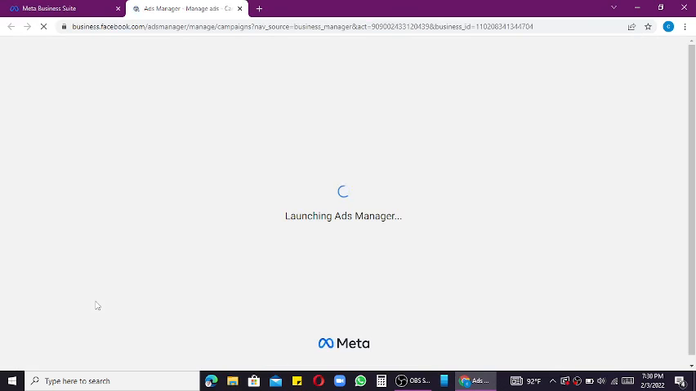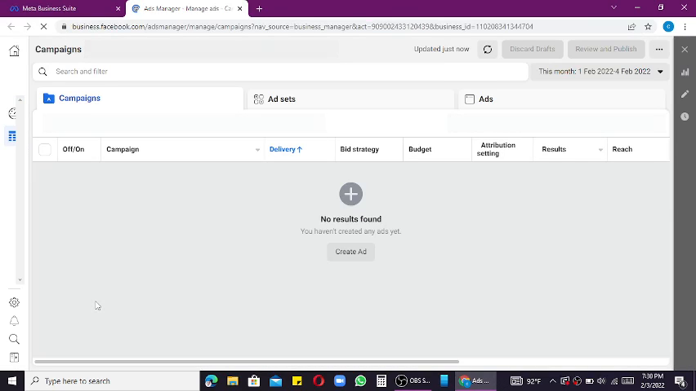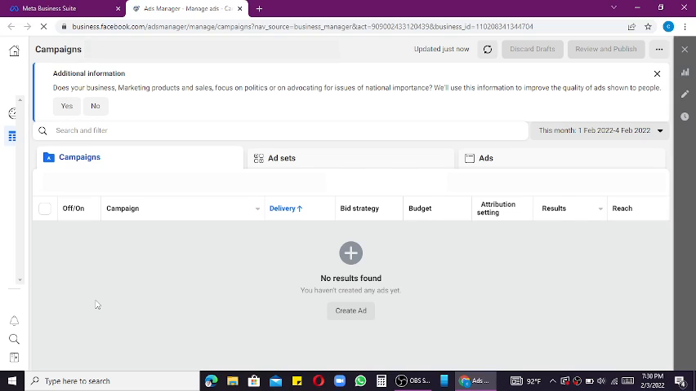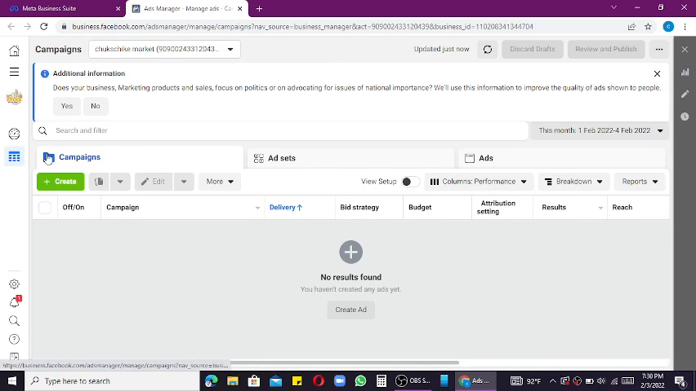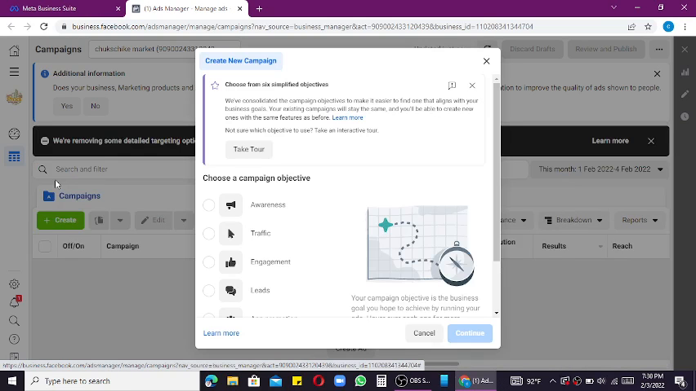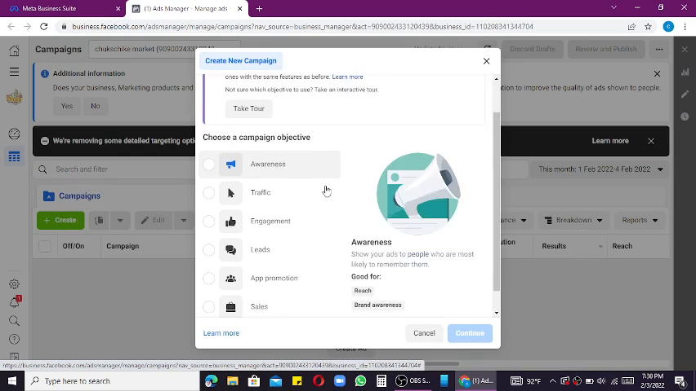Just wait for it to load. Then you're on ad manager now. You click on create here, click create. So as we're here on create,